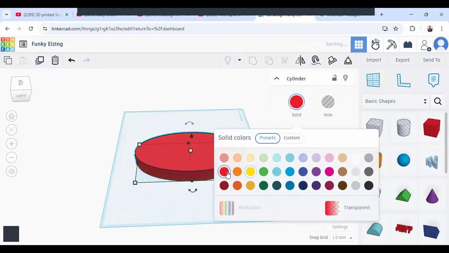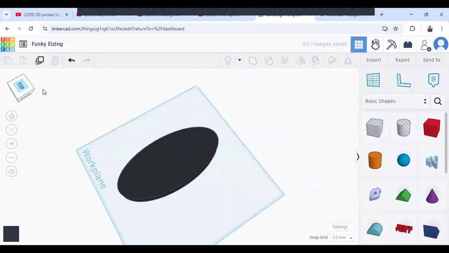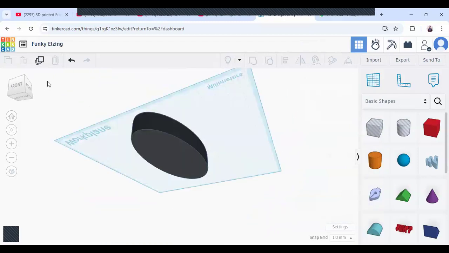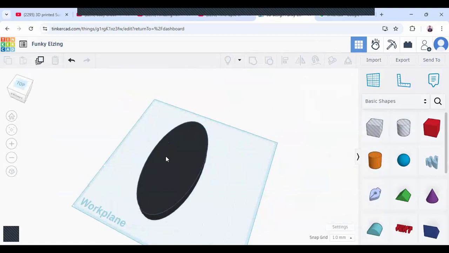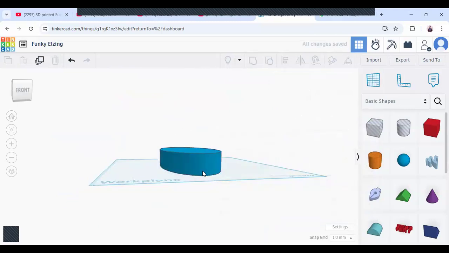All right, so I'm going to go with, let's say, black color. I think it's very nice. So I got this black color. With black color you can't see it well, it's not clear. That's the problem. Otherwise, okay, let's go with a blue color. It's nice, right? Now guys,